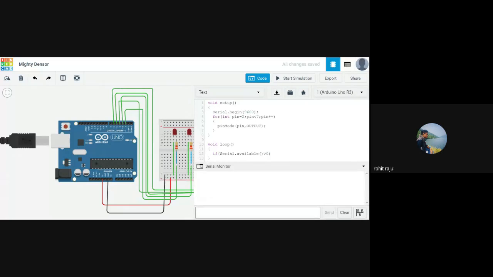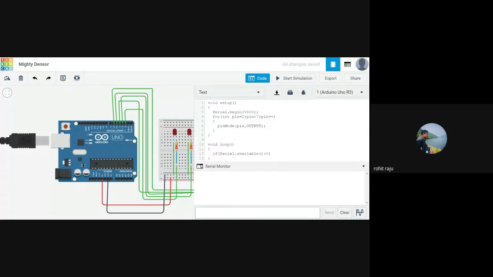If you type something here, then only you're going to see some output. If you don't type anything here, we need not turn any LED on or off. So we want this program to work only if you give it some input. So this makes sure that you give it some input.